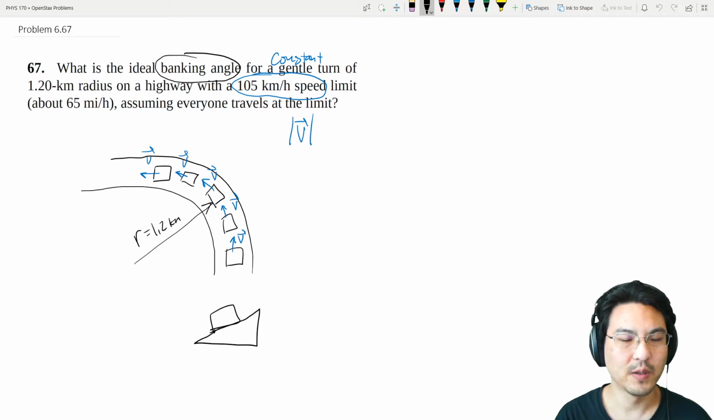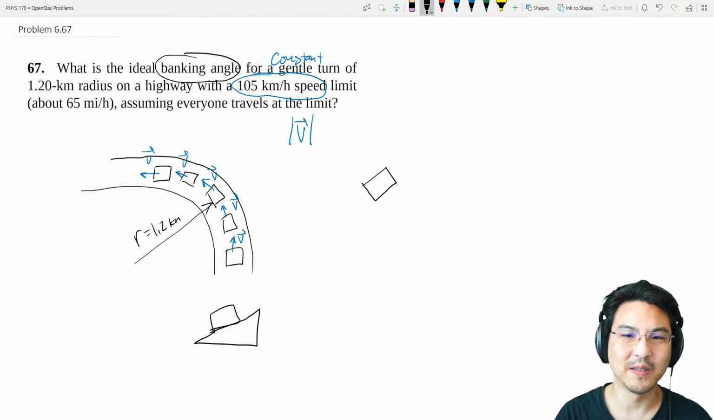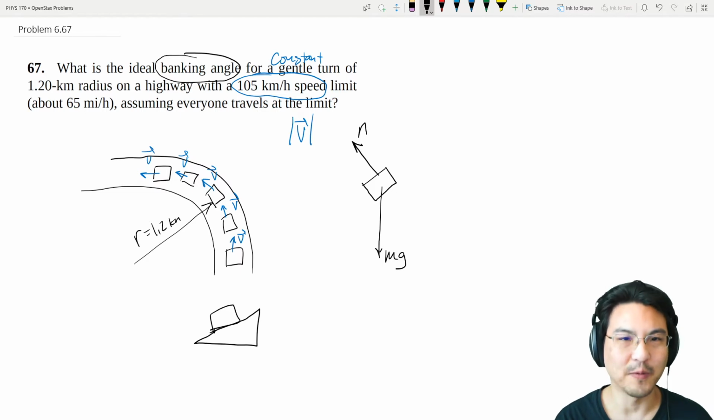So what does the free body diagram look like? Here's the car at that banked angle. So again, the road is like this. Then there's got to be a normal force like this, normal to the road, and then the car has weight. And we're looking for some kind of ideal angle,